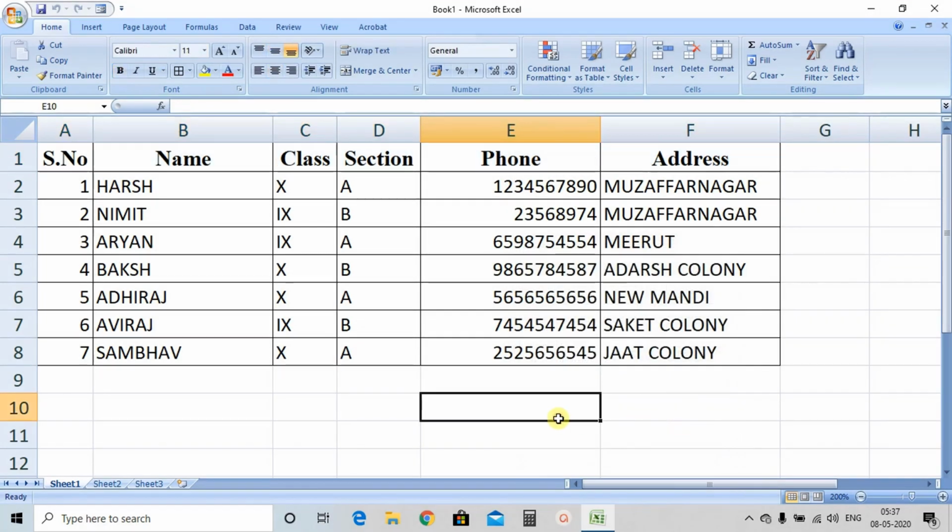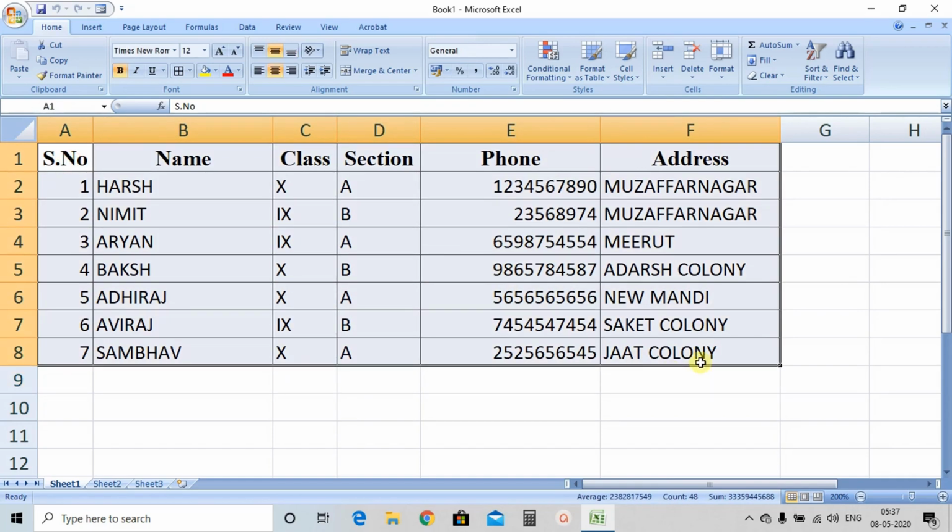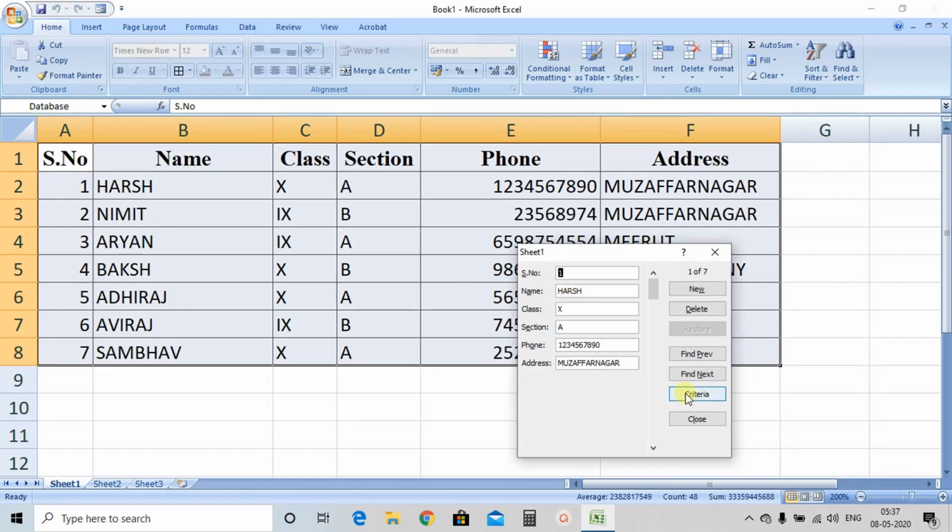Again I am telling you, if you want to search a single record from all the data you have there in the table, what you need to do, select the data complete. Okay, select all the data, then click on the form button, then click on criteria.